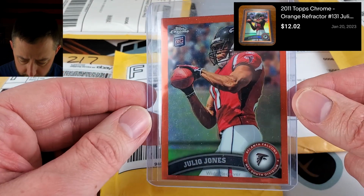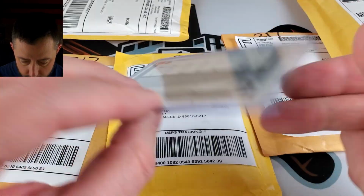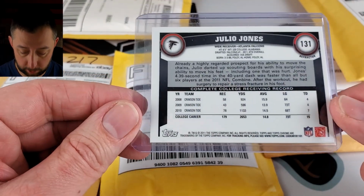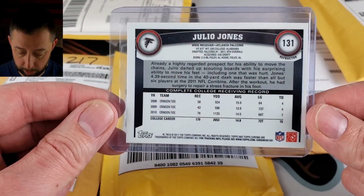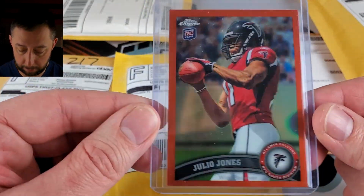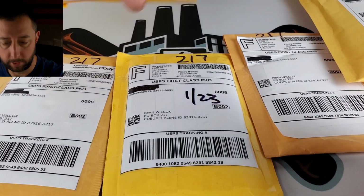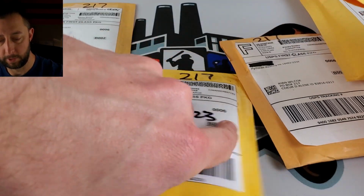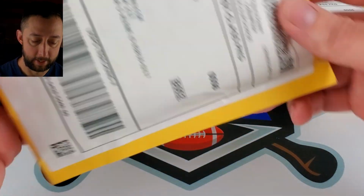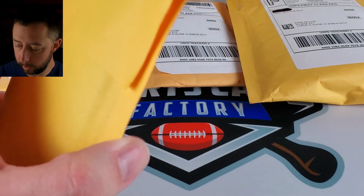Got this relatively cheap, obviously to the right and down a little. But Julio Jones is possibly going to be a Hall of Famer as well. You can pick up his cards pretty cheap. If you're looking for a future cheap Hall of Famer, it is kind of on the side of prospecting. Well, not so much in the sense anymore because his career is pretty much over. But prospecting, in the sense of the Hall of Fame, I feel like he has a pretty